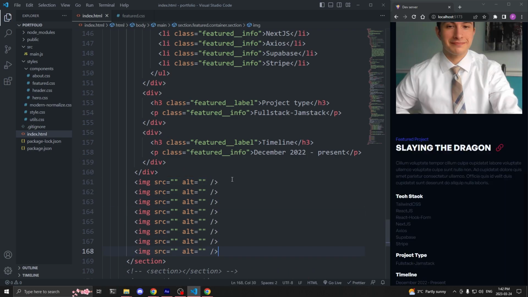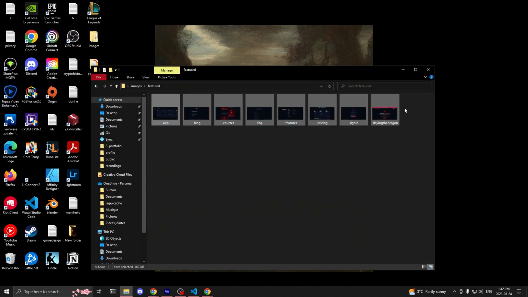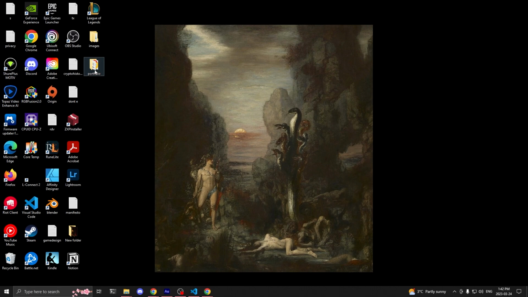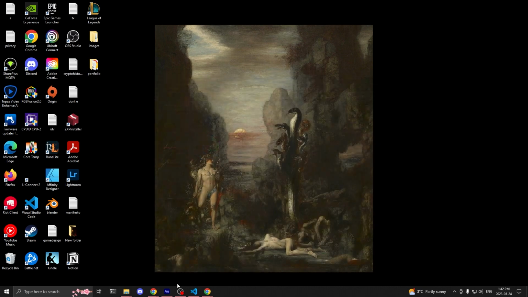Now I need to go on my desktop on the images folder, open the featured folder, and copy all of the images in here. I'm going to paste them inside my public folder. These images are screenshots of a website that I made for myself. If you're wondering how I took the screenshots or what's the best way of taking screenshots of a website, I'll